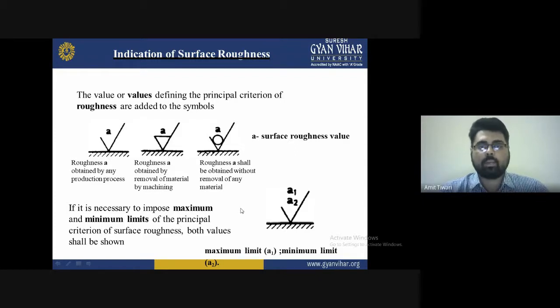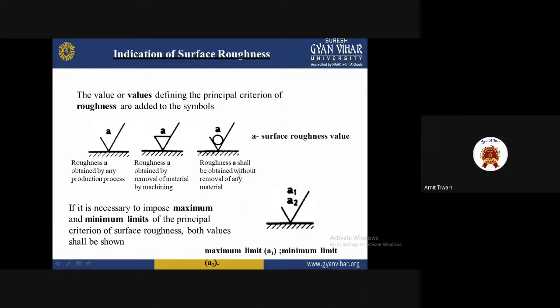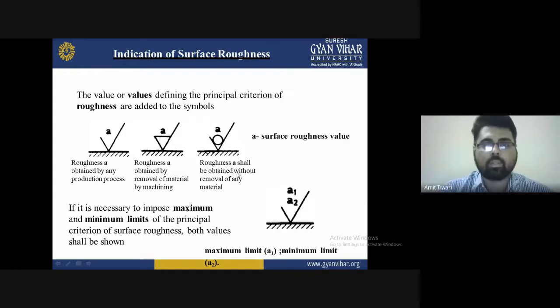So this minimum and maximum obtained for the ultimate tensile strength, or we can say the maximum surface roughness, we produce by removing the material. These are what we obtain if we are doing surface testing of the surface roughness. First of all, you check the machining process, what type of process we are doing.